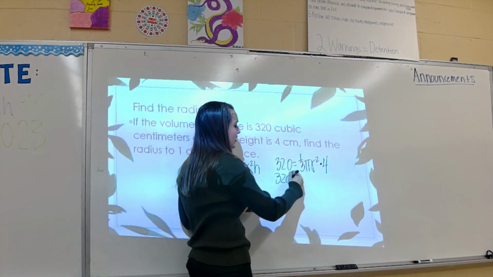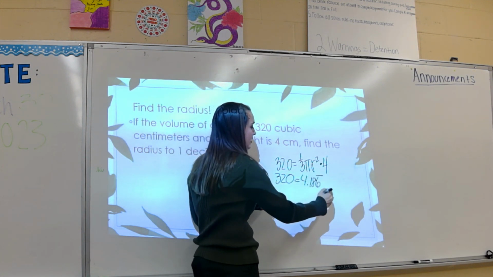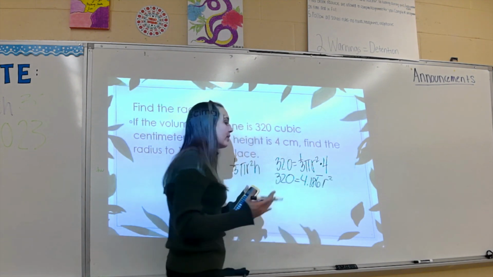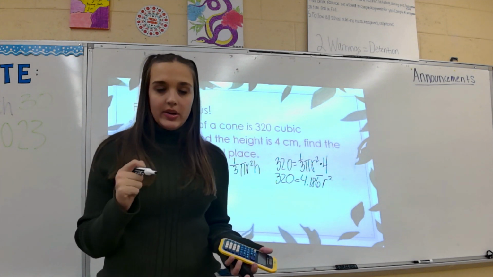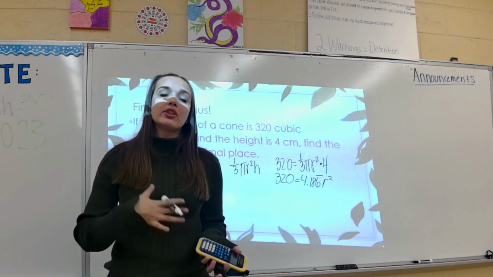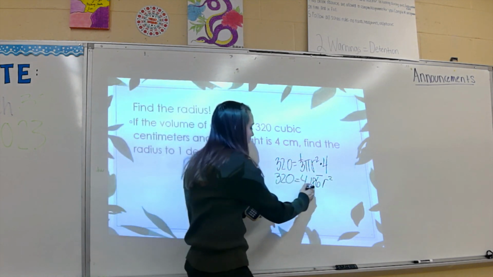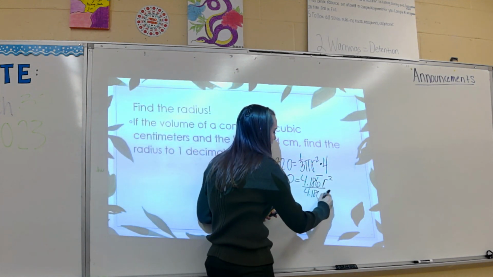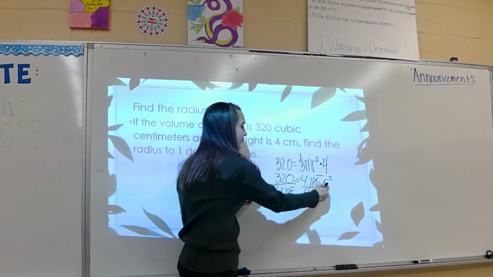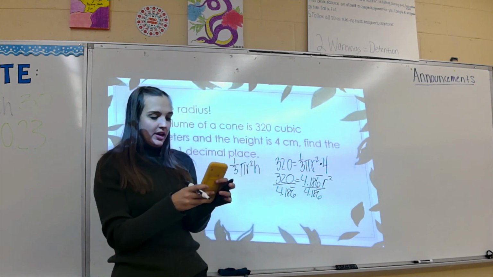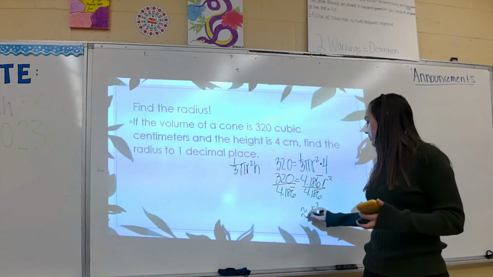So I get 320 equals 4.186 repeated r squared. Then once I do that, it's like we just have a plain variable. If I had 4.186 r, I would divide by that 4.186. So I'm going to divide that over. And when I do that, I get my r squared is approximately